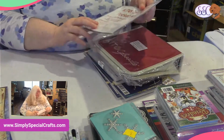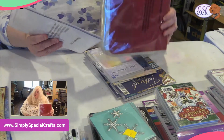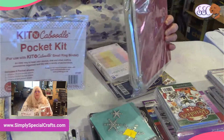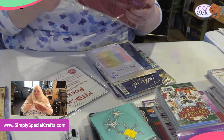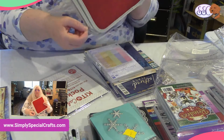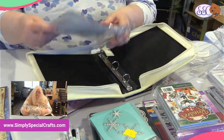Okay, we have a die or stamp storage. Which one is this supposed to be? I don't know if it's supposed to be stamps or dies. You can really put either in either, but it's stamp and die storage from Kit and Caboodle with the extra inserts. Let's see how many they actually put in a binder. You never really know what you're going to get. Okay, so they did put a pack of inserts into the binder,